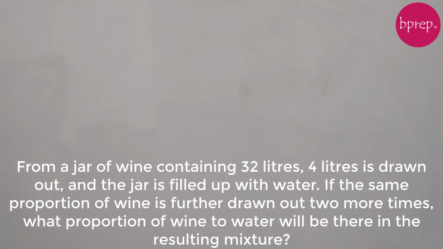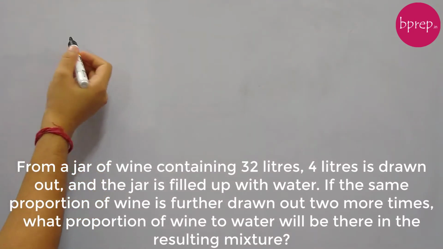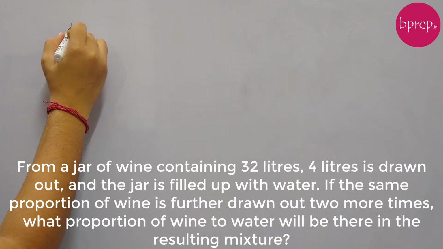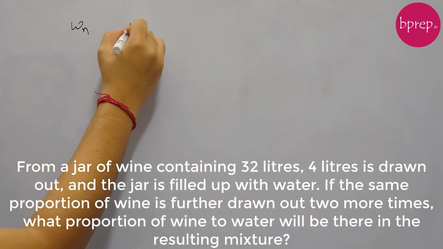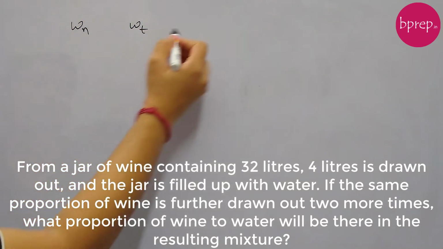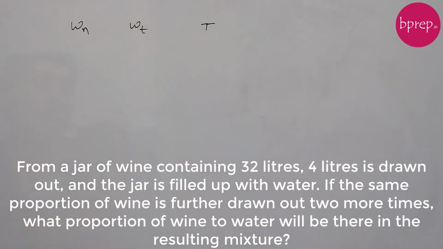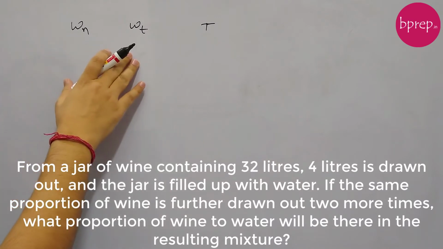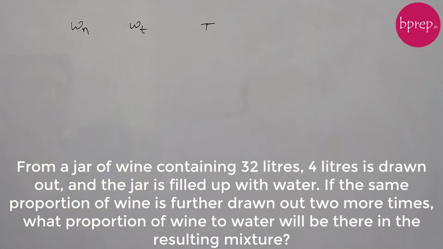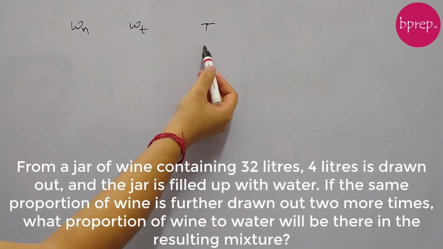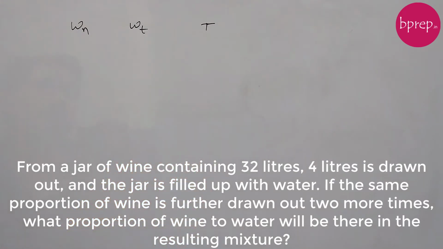Okay. So in these types of questions, if you are not comfortable or facing problem visualizing what is happening, I'll say put all the components in form of table. So here we have wine, we have water, 2 components, and then we have, let's say, total. Okay. So in this question we are taking wine and replacing with water, so total will always gonna be the same, but in some question you may see something is added and total is changing, so better to put a total column as well. For this question we'll ignore it.